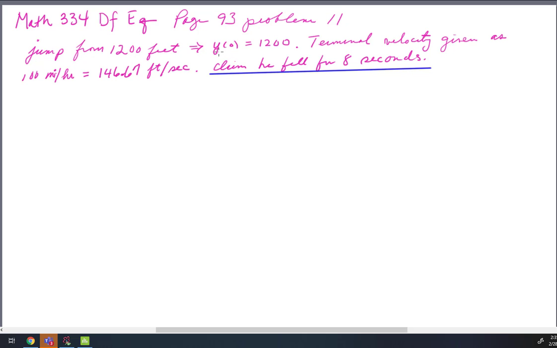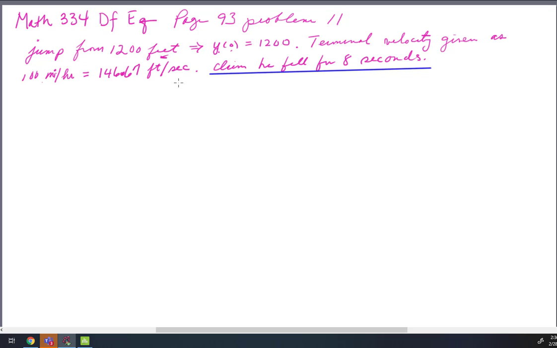So the altitude, y, at time 0 would be 1,200, and the units would be feet. It's also an important piece of information here that the terminal velocity is given as 100 miles per hour. Now, since the altitude is in feet, and I'll be using gravity as 32 feet per second squared, we need to change this terminal velocity into feet per second. And so with the calculator, I've just used conversion constants, and I find that his terminal velocity, as given in the textbook, is